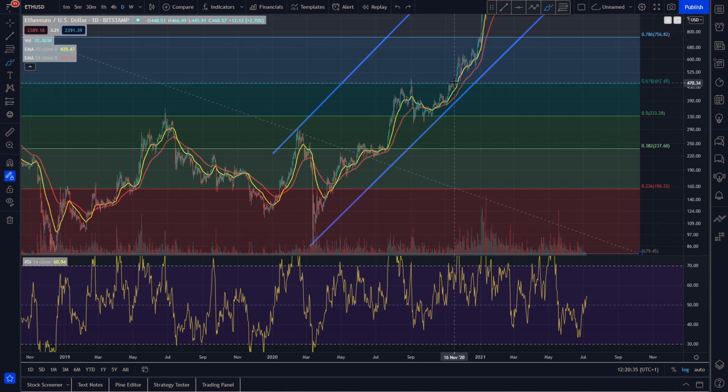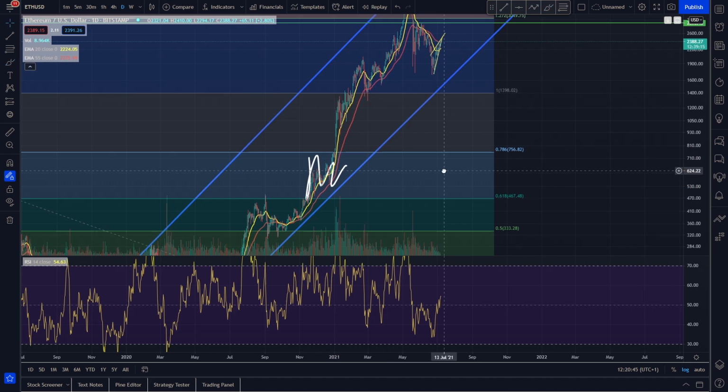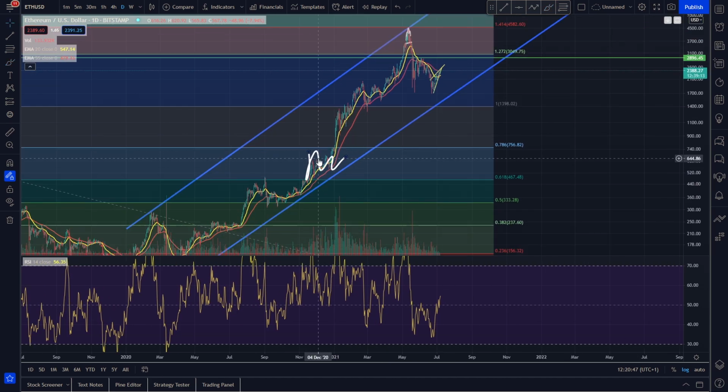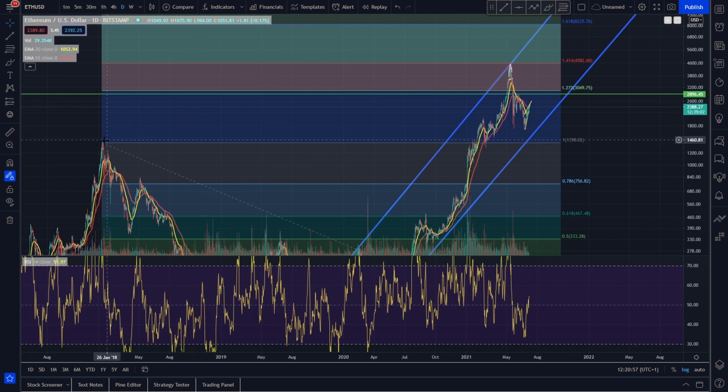We came back up, retested this, and we actually broke out here, had a decent bit of chilling in between this 0.61 and the 0.78 for a good while. And now, as you can see, we are making our way up through the extensions as the bull market progresses. We came all the way up here, smashed through the 0.78, smashed through basically the previous bull market top. So obviously this is our one, you could say.